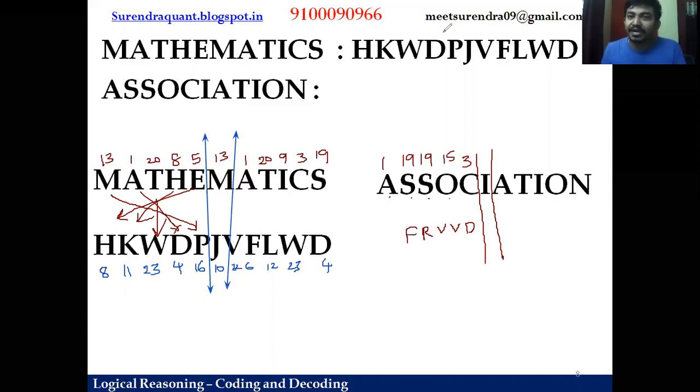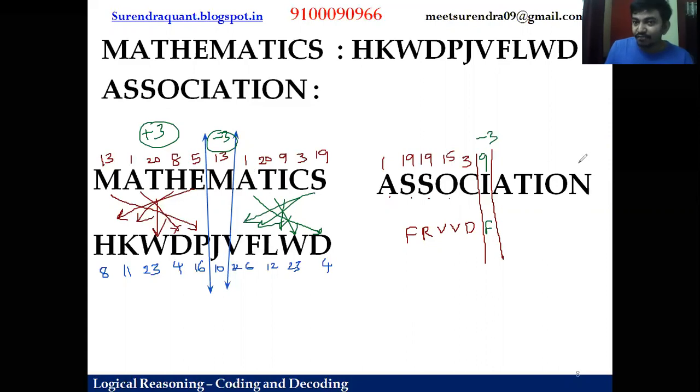Now, what happened to the middle letter? If you see the middle letter, guys, here we did plus 3, right? Okay, happy. Here 13 minus 3 we did. So do the same thing here. So this is 9. If I do minus 3, the 6th letter is F, right? Okay, done. Now let us observe this case. Now here, this is again plus 3. Again, I think everything I did was plus 3 only. So let us do the same thing.